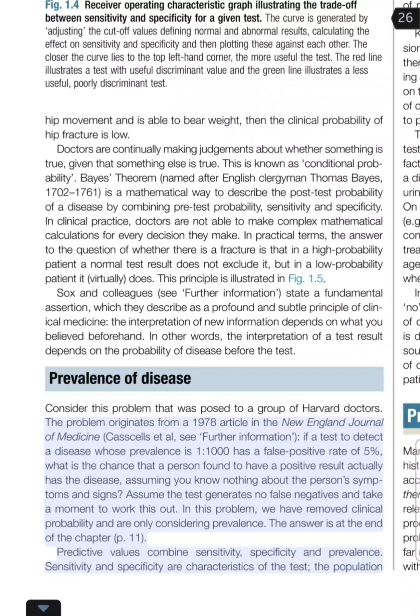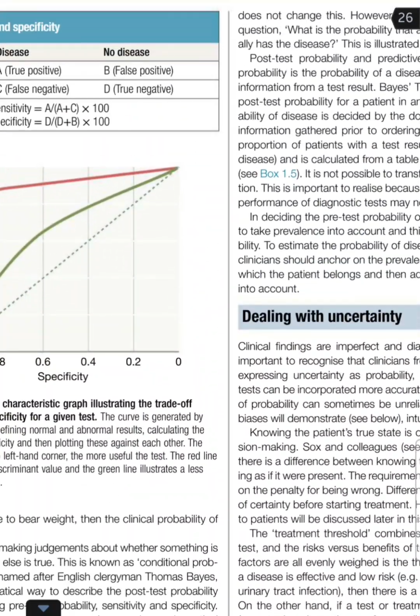Assume the test generates no false negatives and take a moment to work this out. In this problem, we have removed clinical probability and are only considering prevalence. The answer is at the end of the chapter, p. 11. Predictive values combine sensitivity, specificity and prevalence. Sensitivity and specificity are characteristics of the test,